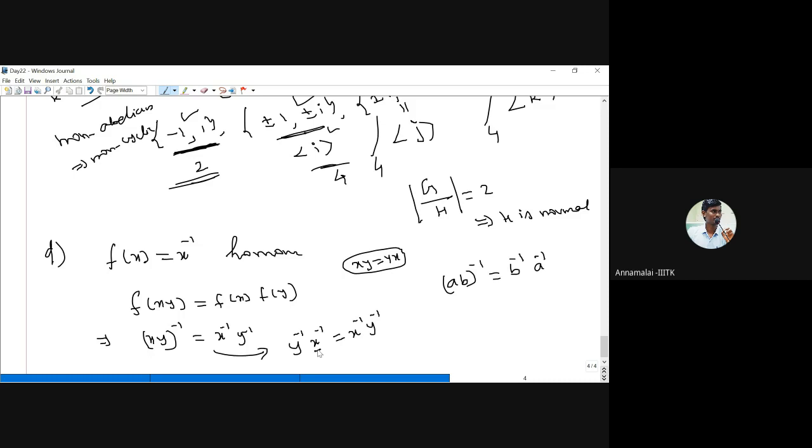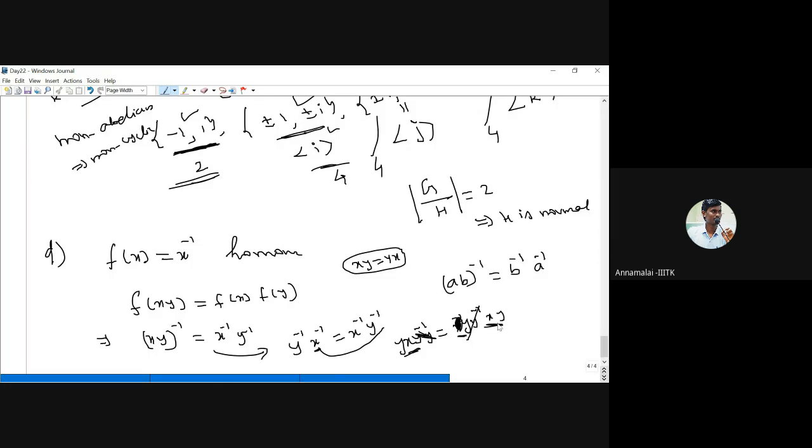Anyway, we can adjust. First, we have to cancel this x inverse. So multiply by x on both sides. Therefore, on the left hand side we have y inverse, on the right hand side we have x inverse y inverse x, because when we multiply by x, this x inverse x cancels. Now I multiply x on the right hand side, so we have an x here and this x inverse cancels. If you multiply y, this cancels. Therefore we get yx equal to xy. So finally, we get xy equal to yx for all x, y.